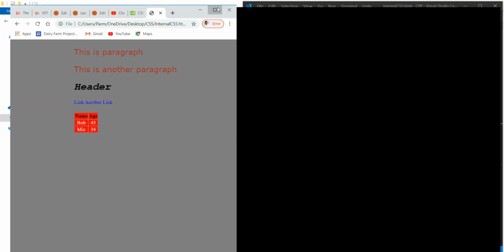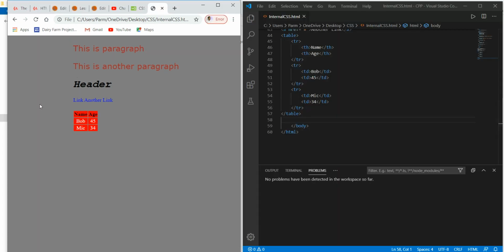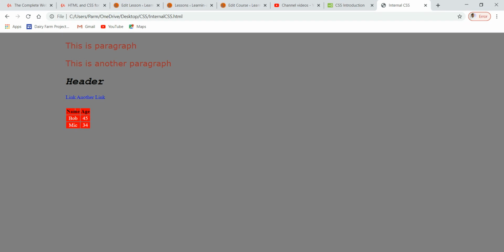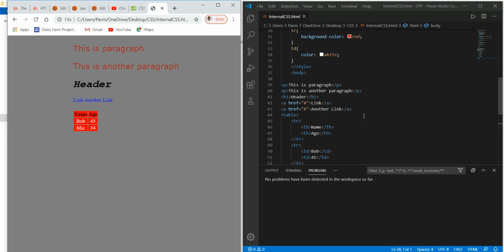Do you find any difference? While we write a page using CSS, using styling, it looks responsive. Our text doesn't float this way or that way. It doesn't make any changes. So this way we have created an internal CSS file, and I hope you have learned how to create internal CSS in HTML. In the next lecture we will learn how to create external CSS, and in this lecture we have learned about selector, about property, and how to give the value to the property. That's all for this. Good day.